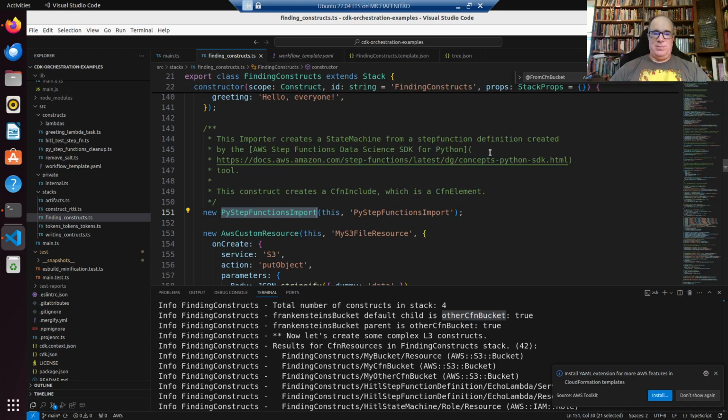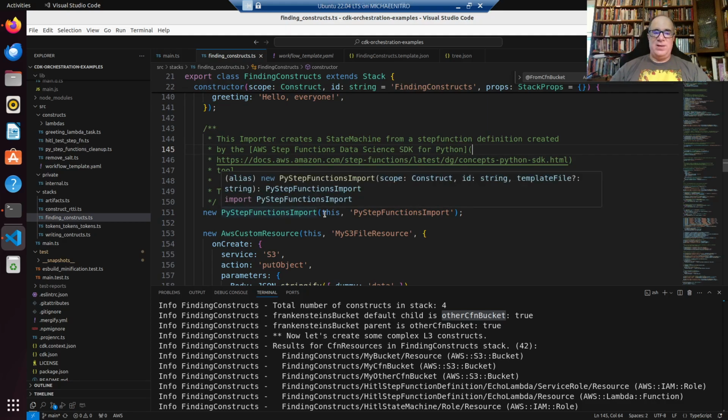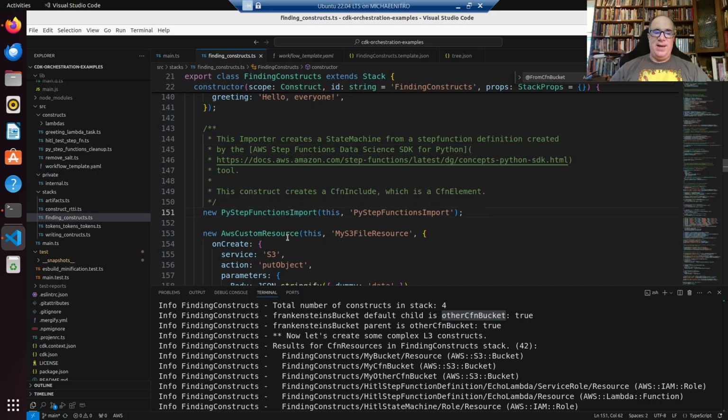And my Python script can either deploy directly to an AWS account, or you can modify it so that it just writes out the template, or even just the step function definition. In this case, I modified my data science SDK application to write out the template, and then I import that template using a CFN import, and so that's going to get me a CFN state machine,